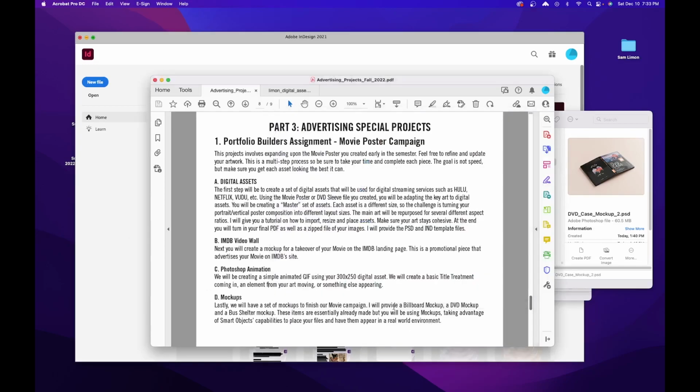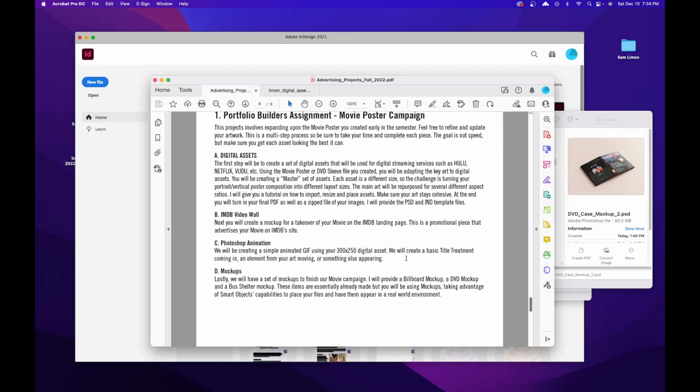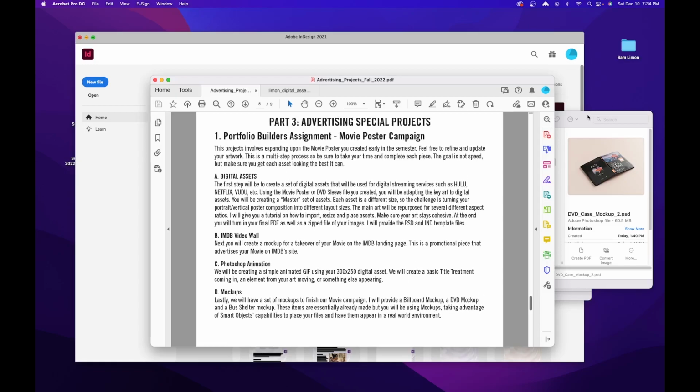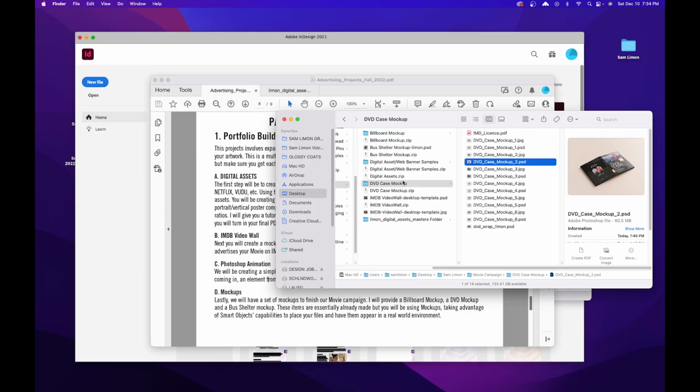So for this part, you're going to turn in your billboard mockup, your DVD mockup, and your bus shelter mockup. And that is it for the advertising special projects, which is going to be our movie campaign. So a lot of bits to it. It's going to take a little bit of work, but once you get it down, it shouldn't be that hard. So again, a little bit more advanced, but this should give you some really nice high quality pieces to add to your